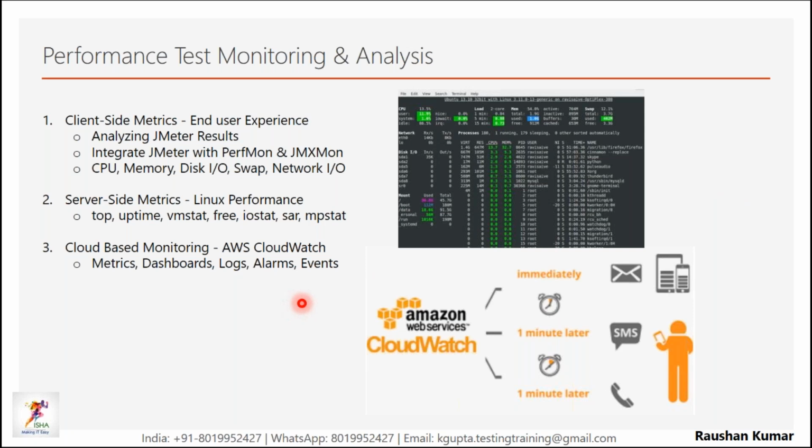We will see all of these here. In this, you can see that top has been run. And on the cloud side, where your application is hosted, we will use CloudWatch as well to monitor the application. So we are not leaving anything out on the infrastructure monitoring side.